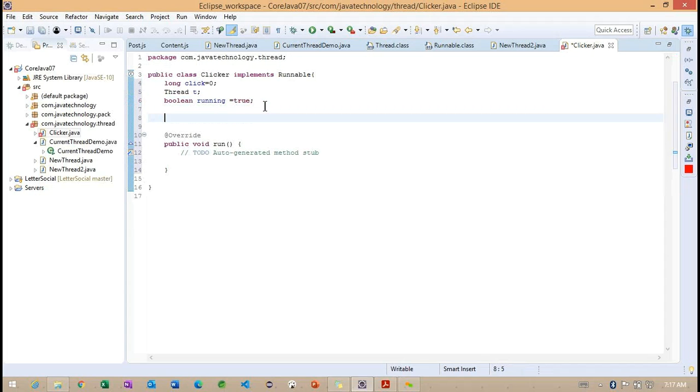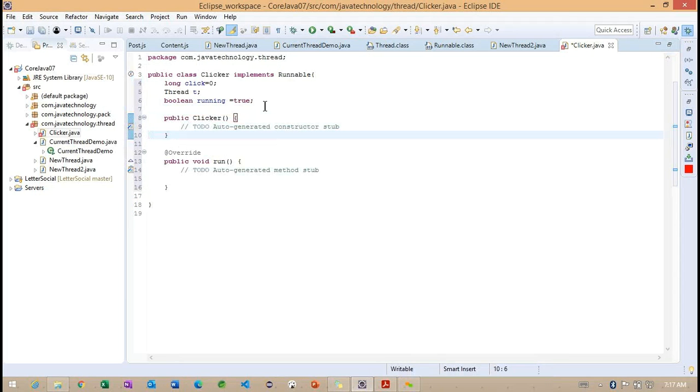These are the variables, and I want to work with one constructor.